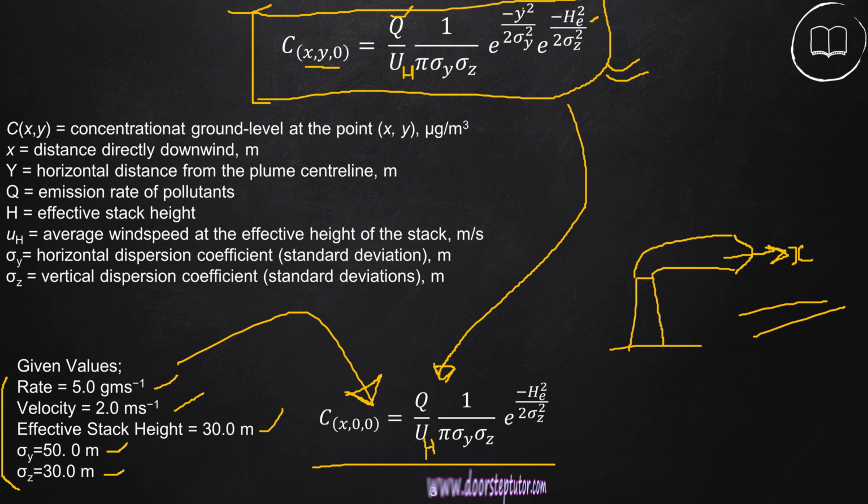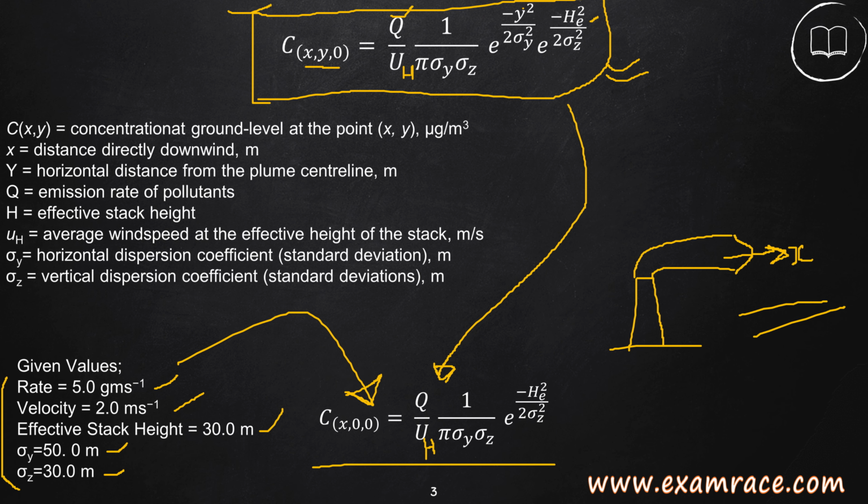into 1 upon pi into sigma y, that is horizontal dispersion coefficient, and sigma z, that is vertical dispersion coefficient, into e to the power minus y square upon 2 sigma y square, where y is the horizontal direction from the plume center line, multiplied by e to the power minus He square upon 2 sigma z square. He is the effective height